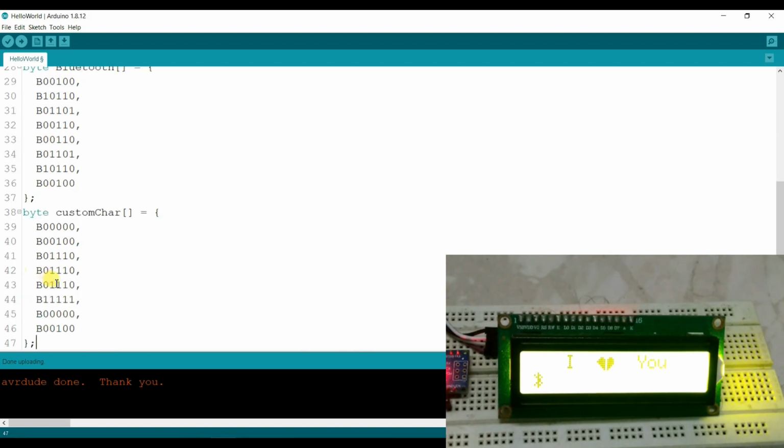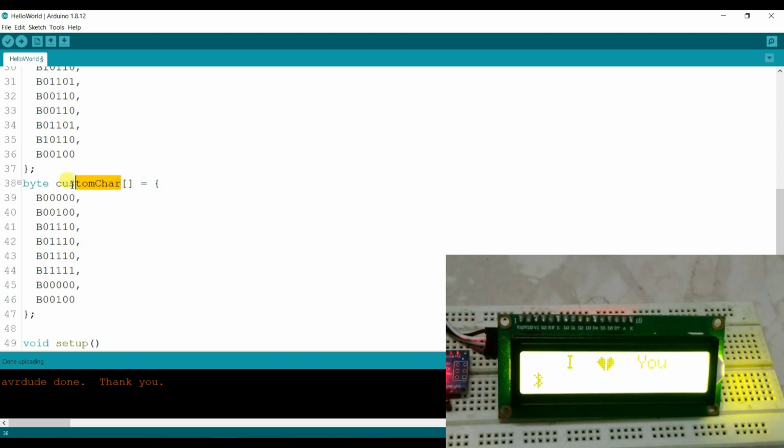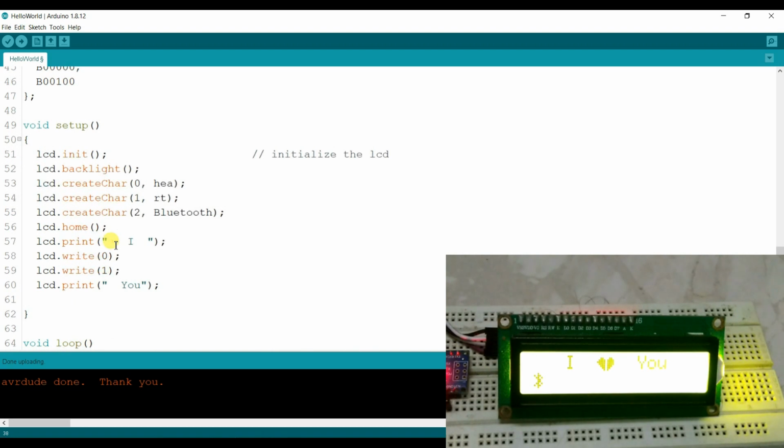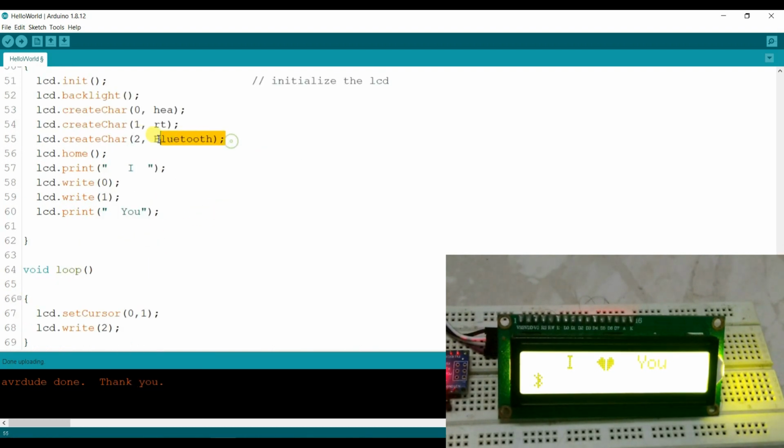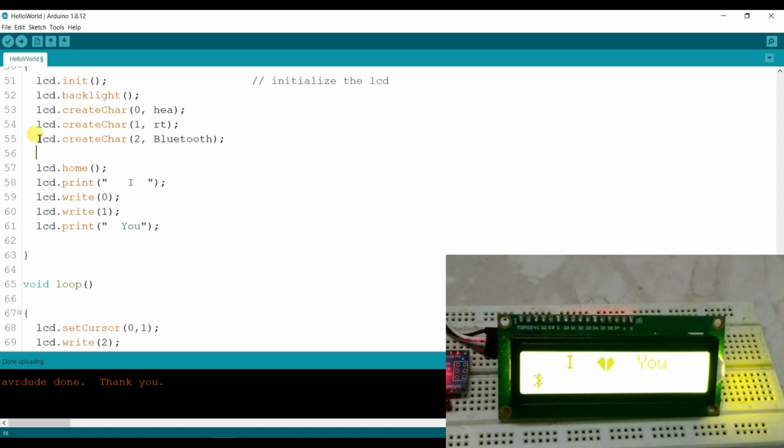I will paste here. This is a bell. Okay, I will copy this line, I will paste here. I will type bell, and here 3.